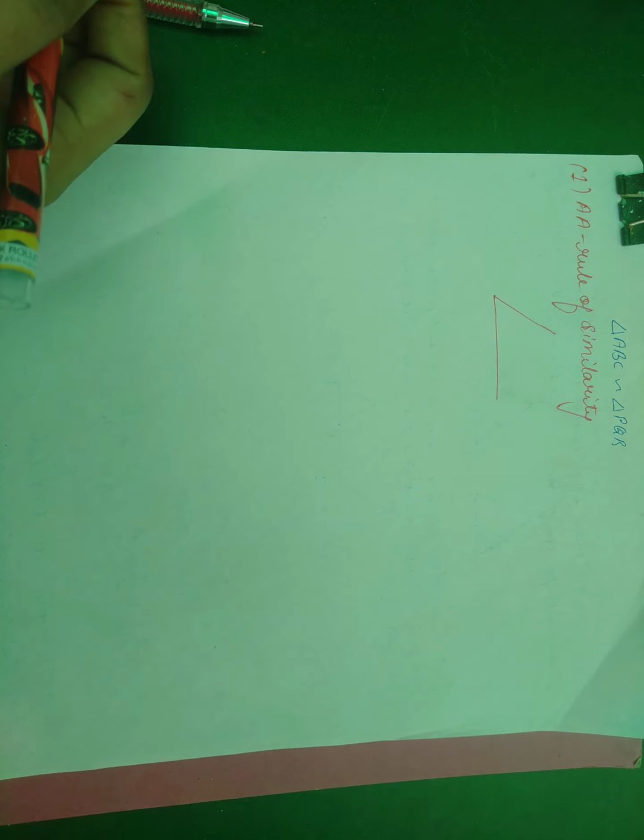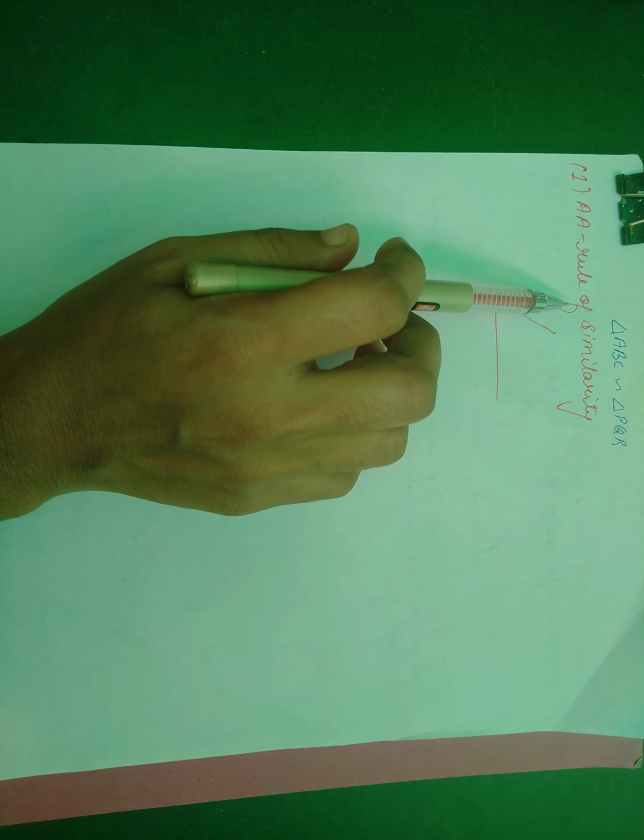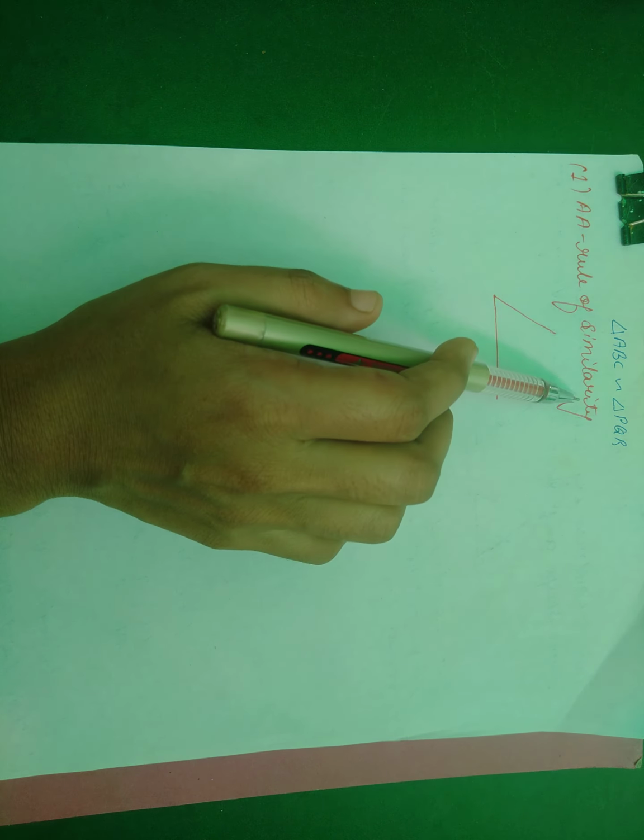After that, now the question arises: do we have to check all 6 parts to check the similarity of two triangles? It will become more lengthy. So we don't need to check all the 6 parts. We have some short tricks to check the similarity of two triangles, known as criteria of similarity, right? So there are 3 criteria of similarity. First one is the AA rule, or criteria, we can say the AA rule of similarity.